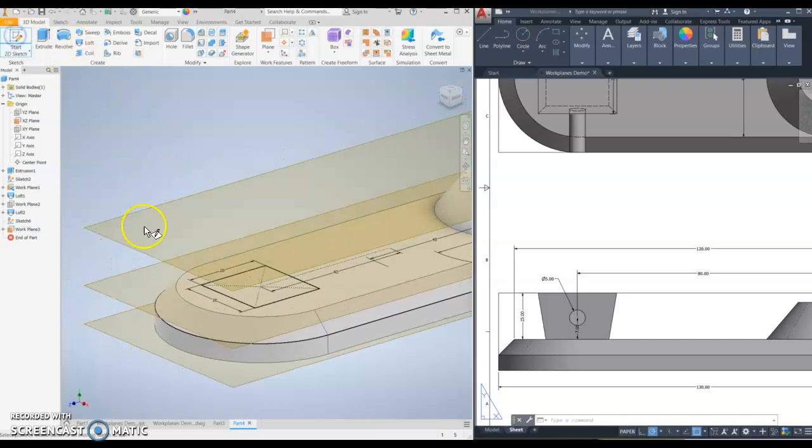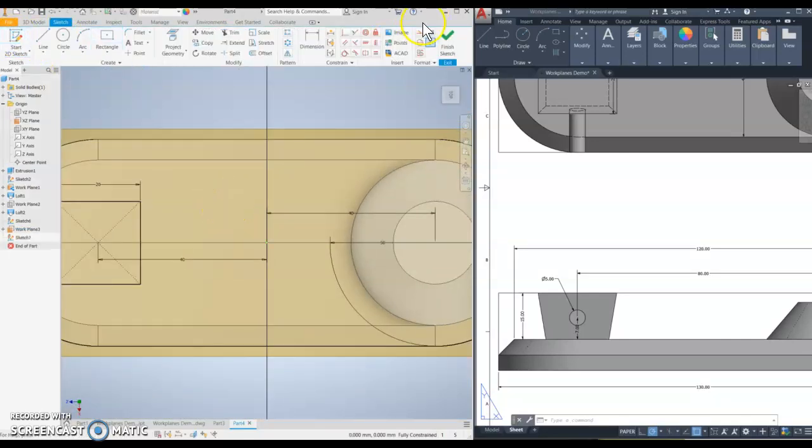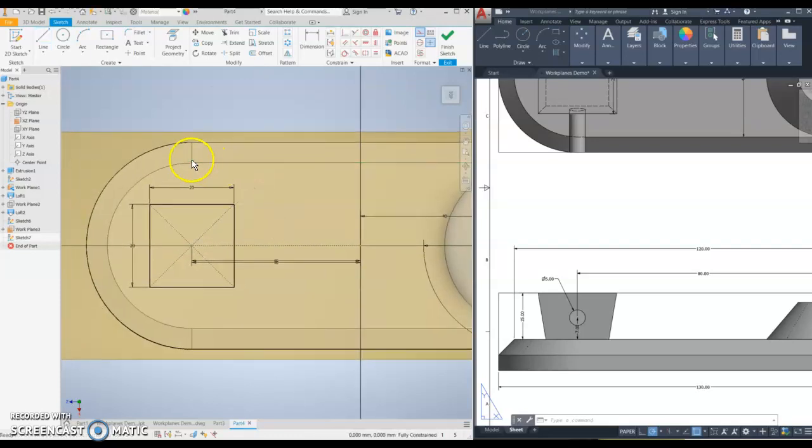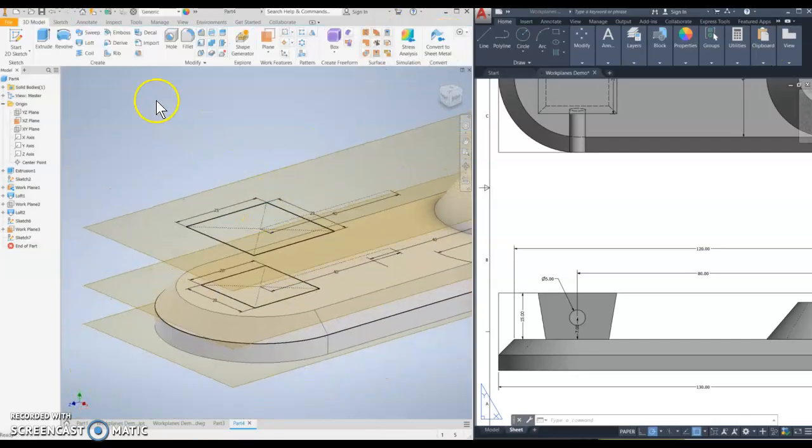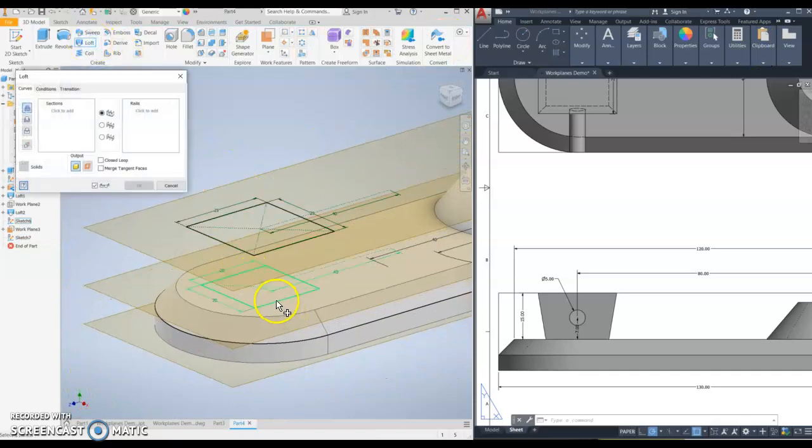And now let's go and start a 2D sketch on this plane. Construction line on, draw from the center. Let's go over our 40 units. And now we're going to do a 25 by 25 rectangle. So let's go from our center here. Oh, I'm still in a construction line. Turn that off. I do that all the time. Center, and then let's go 25, tab 25. Okay, finish our sketch. Let's now loft those two together